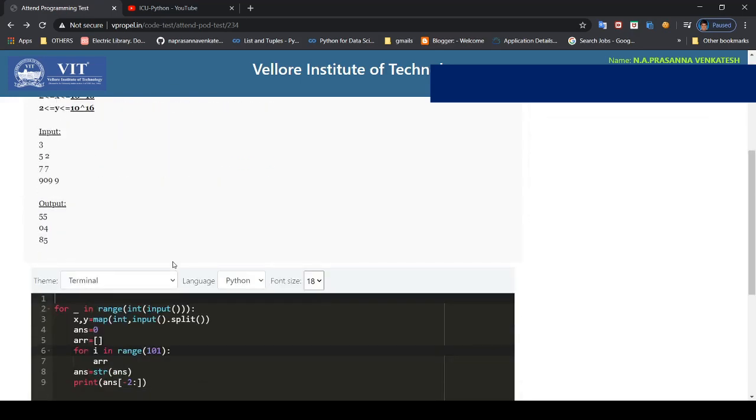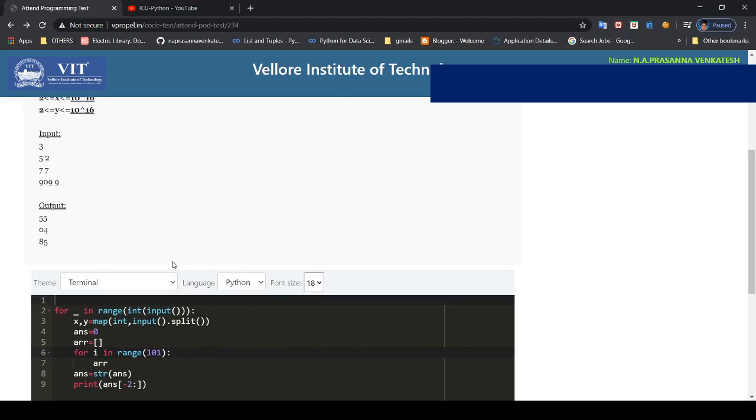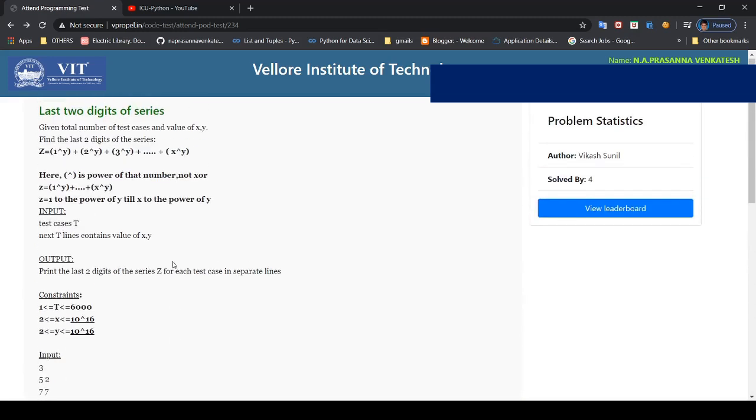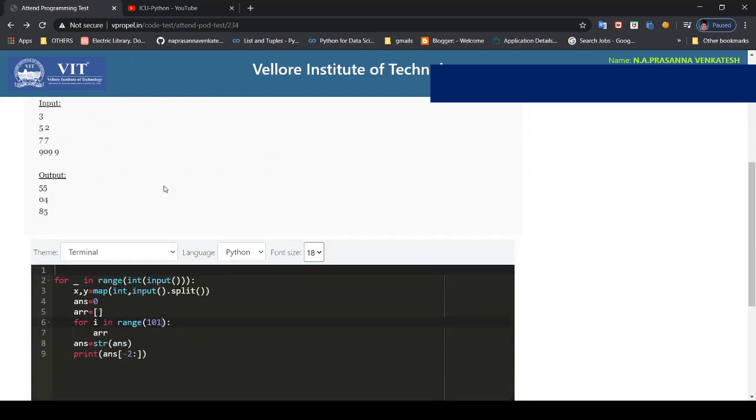It doesn't matter because 0 power y will always give the last two digits as 0. So this series will repeat after every 100 numbers. Like the 1 power y and the 101st power y, both their last two digits will be the same. So this keeps on repeating after 100 terms.